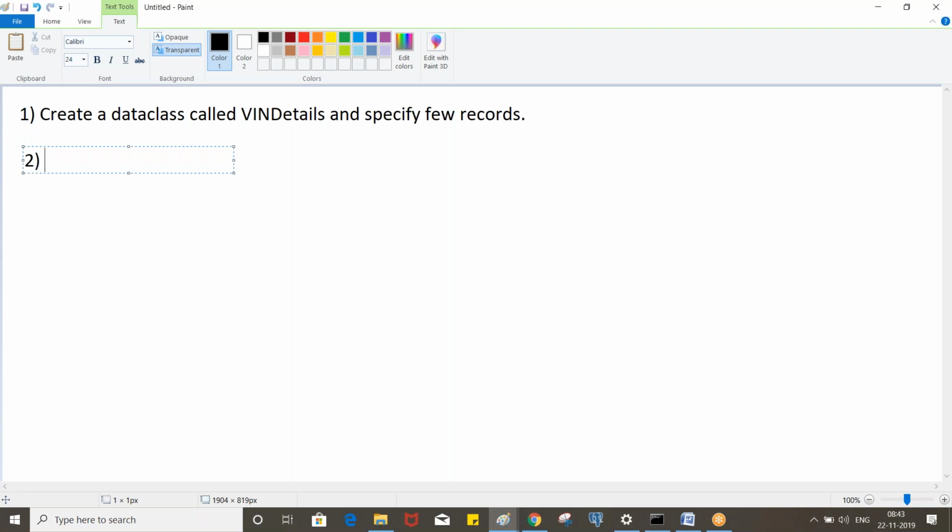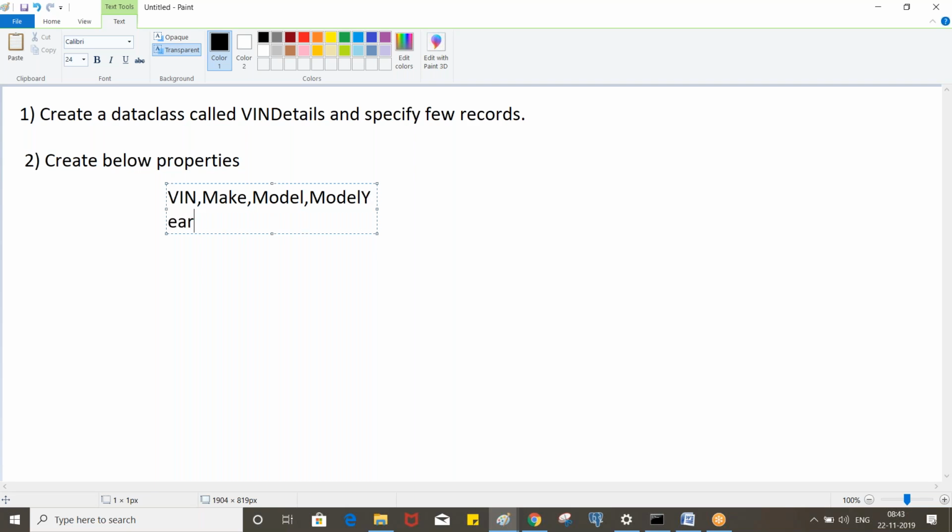So if you are creating specialized things, we create them under that specific class. So create the below properties: win, make, model, model year.